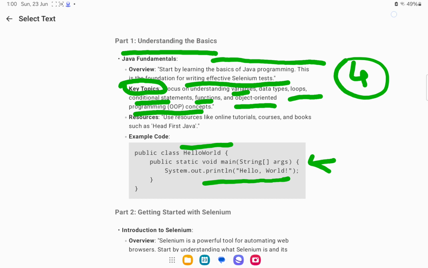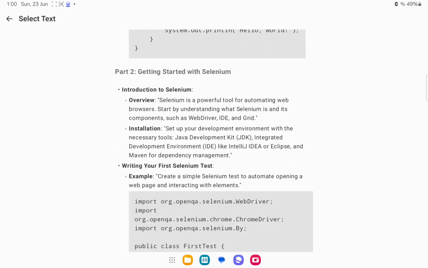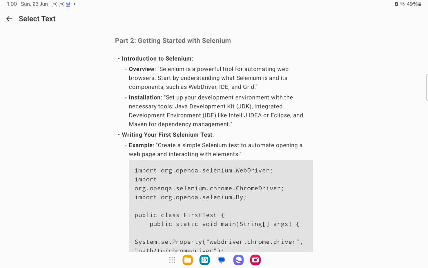The second most important thing is, once you are good in the fundamentals of Java, you have to take one tool. Nowadays in the IT industry, most organizations are using the Selenium tool. If you are a beginner and you learn Selenium and start automation testing with this tool, it is great. You will get so many opportunities. Selenium is a powerful tool for